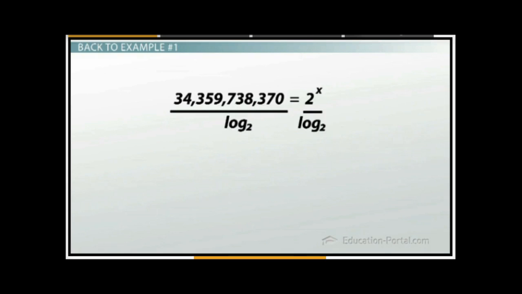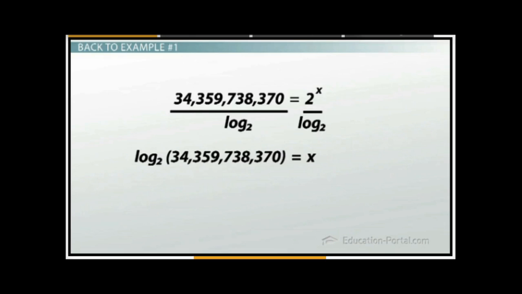Okay, now that that detour is over and we have the logarithm in our arsenal, we can get back to figuring out how far into the future I was with my 171 billion cell phones. We were here: 2 to the x equals 34,359, yada yada. I can now undo the exponential base 2 by taking the log base 2 of both sides, because logs and exponentials are inverse operations. On the right-hand side of the equation, the log base 2 undoes the 2 to the x, and I just get x. While on the left-hand side, I now have the log base 2 of